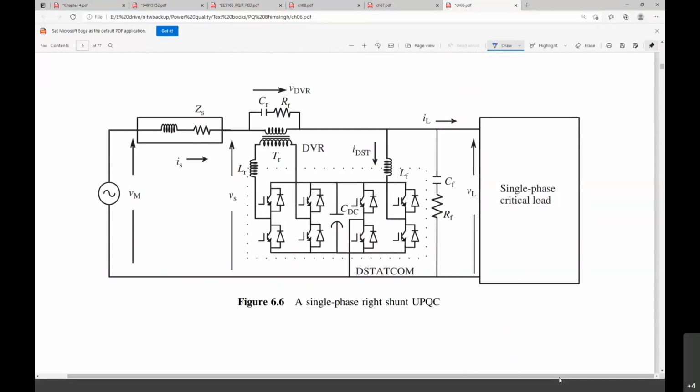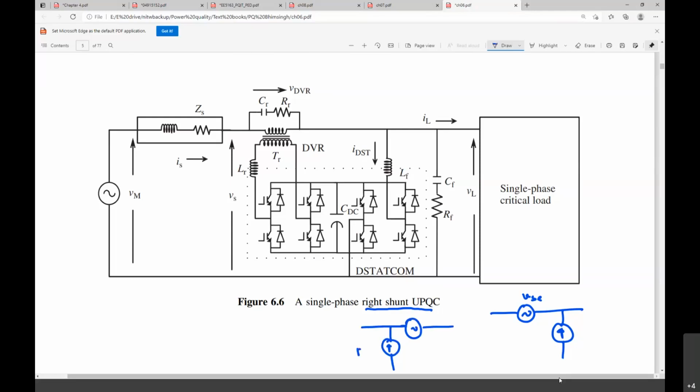This is the neutral clamp, which I have shown you in the circuit diagram, but this is a typical H-bridge topology, and they kept it as a right shunt. Right shunt in the sense, as I was mentioning over here, the series device and then the shunt way of connection. This is the shunt device, which is on the right side. We can have this possibility also. This way also, this is the left shunt.